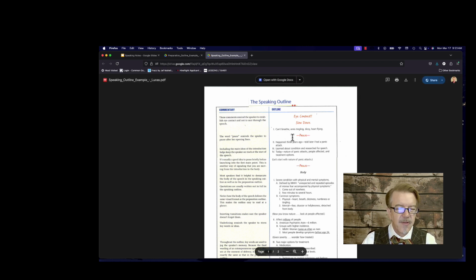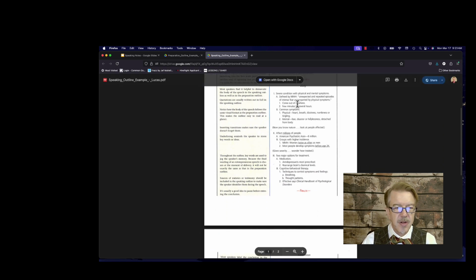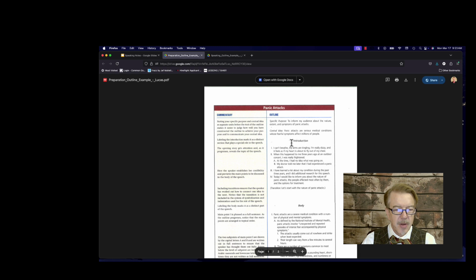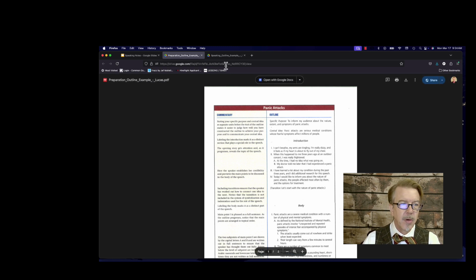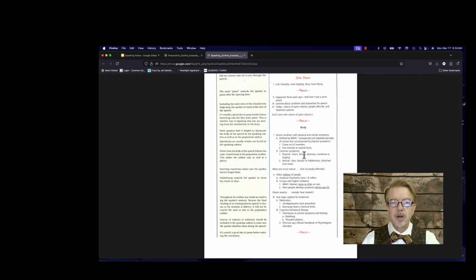This doesn't quite follow the exact outline format that I want you guys to use, but you can see the organization. You can see all the information in here and see the difference between the two, and they've got a running commentary on both. This is a preparation outline, which is what I like to refer to as a sort of a script in sort of outline form. It's not quite a full paper. It's not quite a full manuscript, but it's still very wordy. Whereas this is the information you need to trigger yourself to remember what it is you want to say.